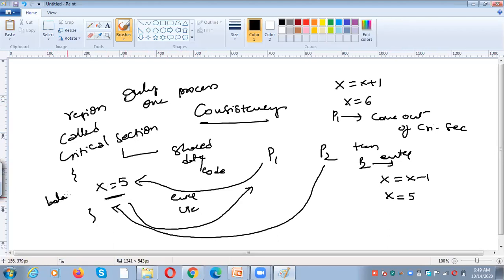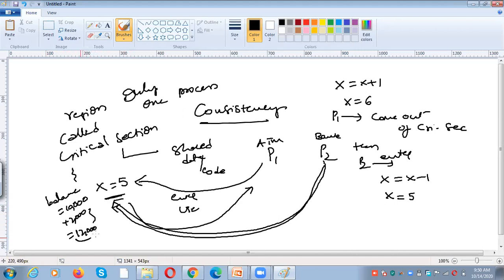What is the balance amount in our example? 10,000. First you want to deposit. The P1 process is this ATM and this is the bank. So what you need to do? First we need to perform the deposit operation. First this one will enter into the critical section and it will update the value. It will add 2000 to that balance amount. The balance amount is now 12,000.